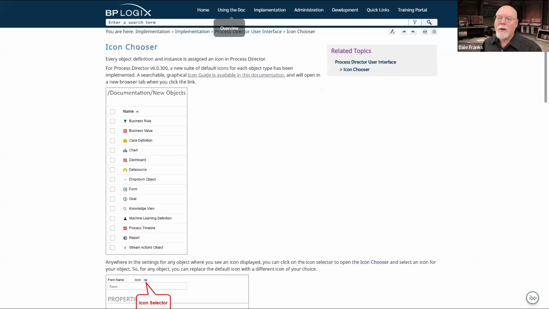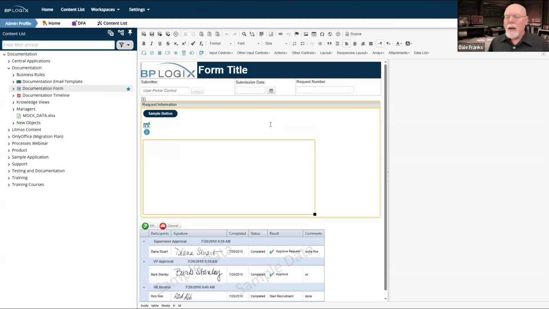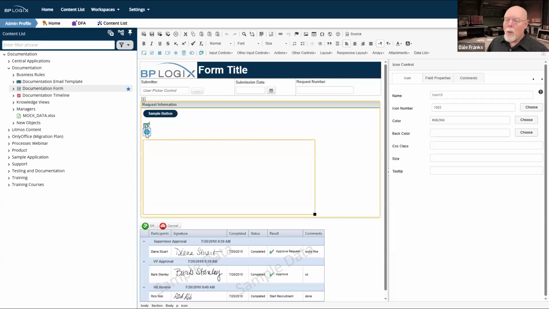So if we go back to our form that we were looking at a minute ago, and we go to the design view, we saw the form work. We saw our two icons, and I'm using two different ways of getting those icons. One is the icon control, which is in the other controls menu of the online form designer, where you can just type in the icon number, which of course for the doggy is 1003.